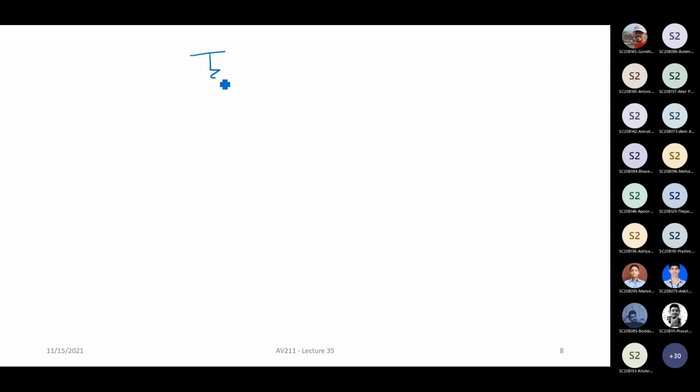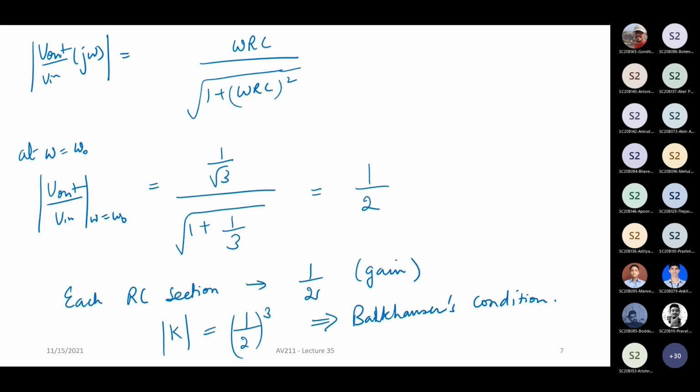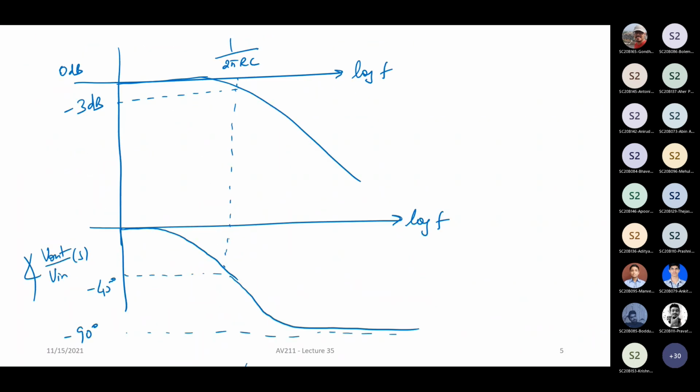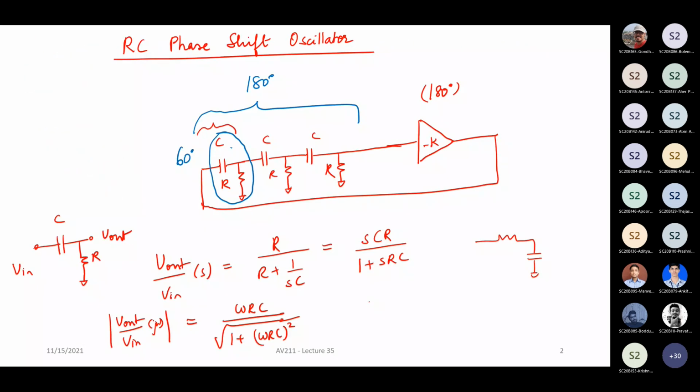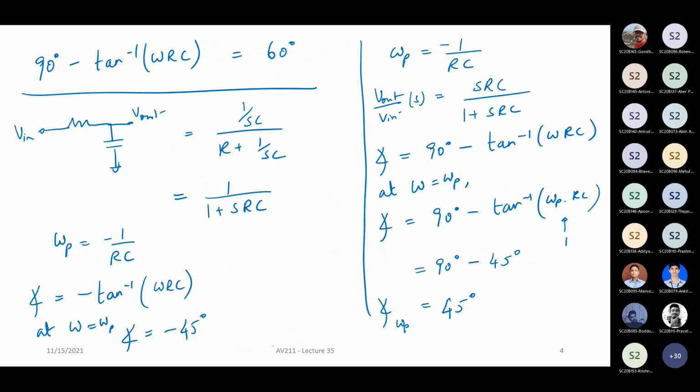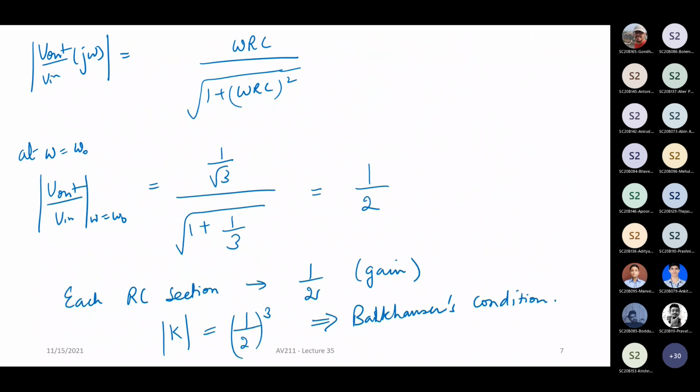Sir, for calculating loop gain, we multiply A into beta, the feedback factor. Right. So, sir, here, this is the entire loop, no? This is the full loop. Yes, sir. So, sir, the loop gain should be 8. So we multiply to get 1. Correct. That's why I put 1 by 2 the whole cube, no? No, sir. Sorry, it should be 2 cube. Yes, sir. Thank you.